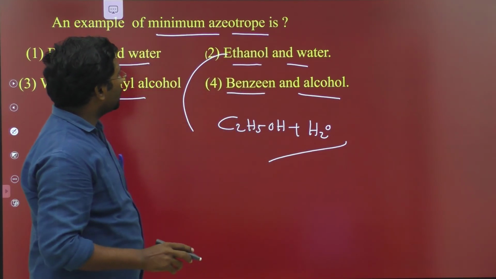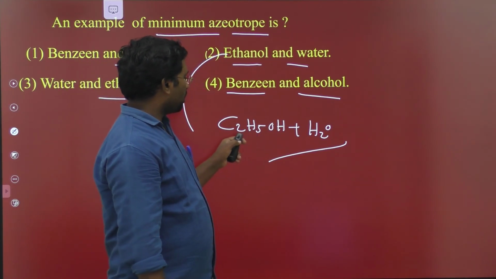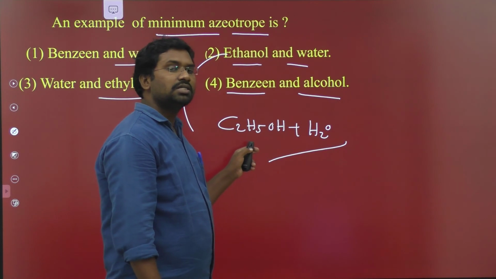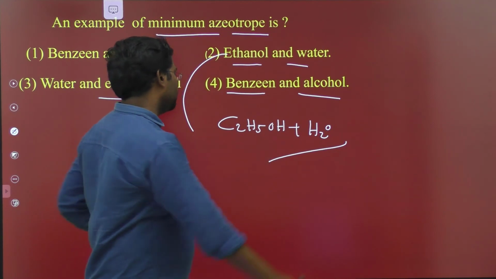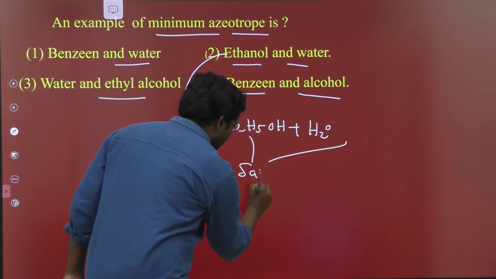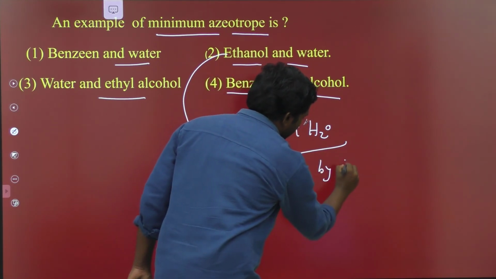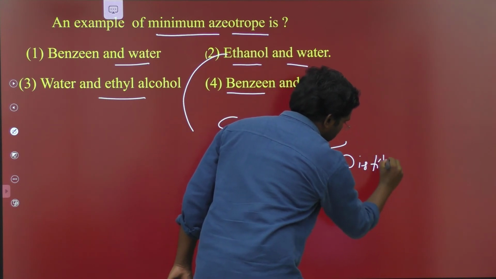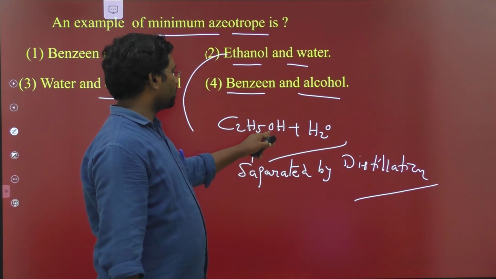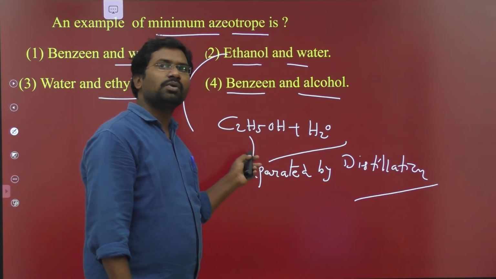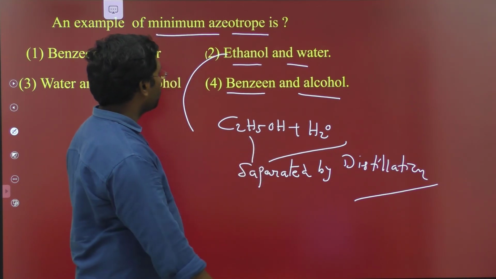In case of ethanol and water, it forms a minimum boiling azeotrope. So here it forms an azeotropic mixture, and even though ethyl alcohol is a major component, it cannot be separated by fractional distillation. Because of the hydrogen bonding present between them, a large positive deviation is available here due to the weak intermolecular forces, and more molecules are evaporated.